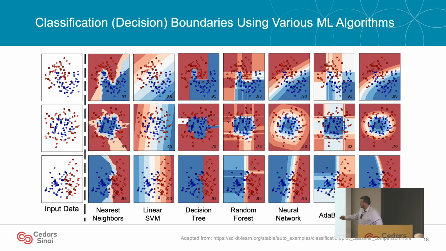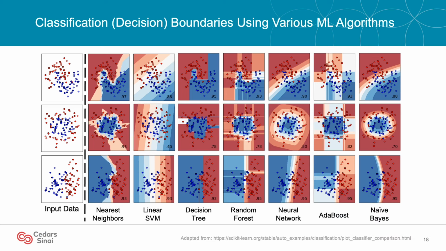But then, if we have a circle inside a circle, first thing I want you to notice is linear support vector machines does terribly, right? We've immediately broken a fundamental assumption of that algorithm, which is that there's a linear relationship. And so this algorithm is never going to do well on this problem. However, it does super well on the linear problem, right? And you can see, again, how different algorithms perform here. And lastly, we have the yin-yang example. And again, you can roughly get a sense of how different machine learners try and tackle problems differently.